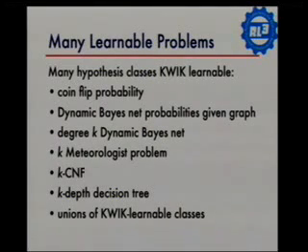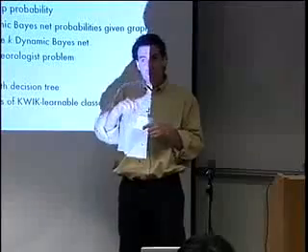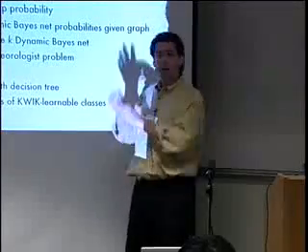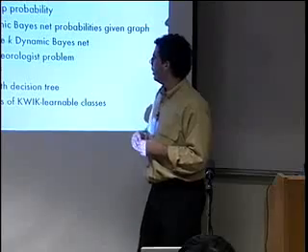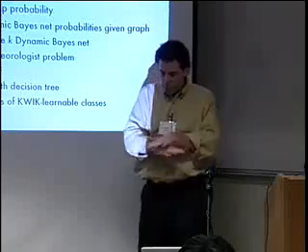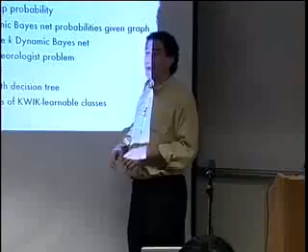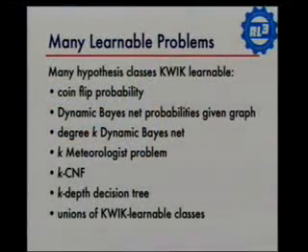A dynamic Bayesian network is just a graphical model where the inputs are essentially the state values in the current time step, and the other level that the arrows point to are the state values in the new time step. So it captures this idea of state transitions. And we can actually learn which conditional probability links to include in the network by using this quick learning framework. We have the K-meteorologist problem, which is about figuring out, if there's a whole bunch of different predictors giving you probabilities, which one to believe. And we can do that efficiently while knowing what it knows and what it doesn't know.